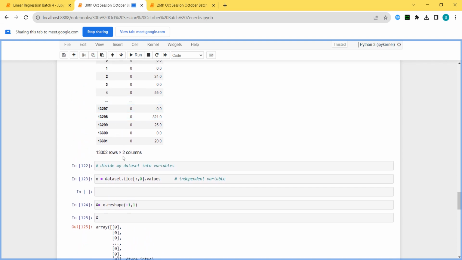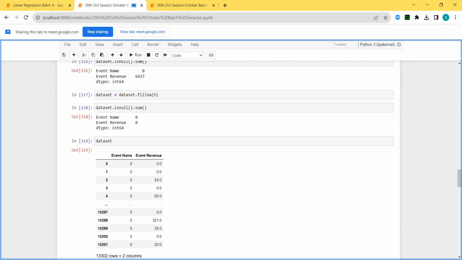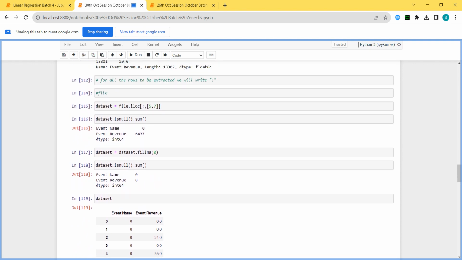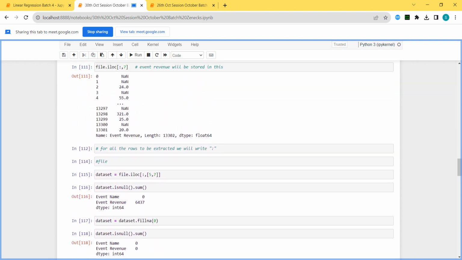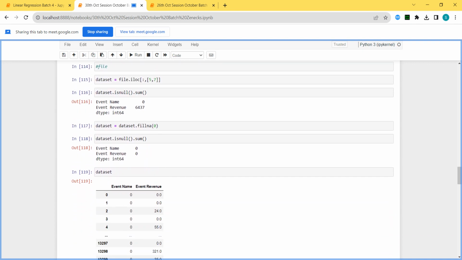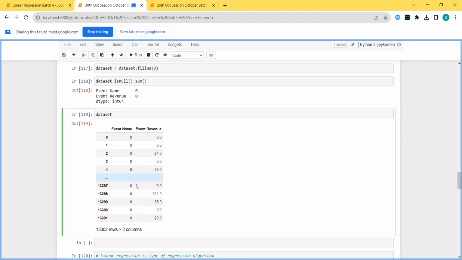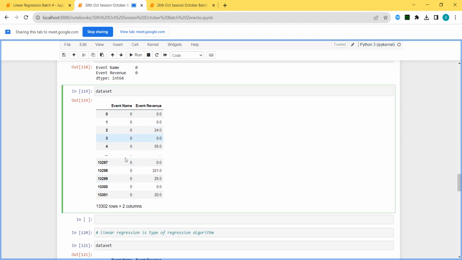So let me check, have I used everything correctly? Anytime if you get confused about what is written in that, you simply go ahead and check the name of the variables, and you will understand what is stored in those variables.